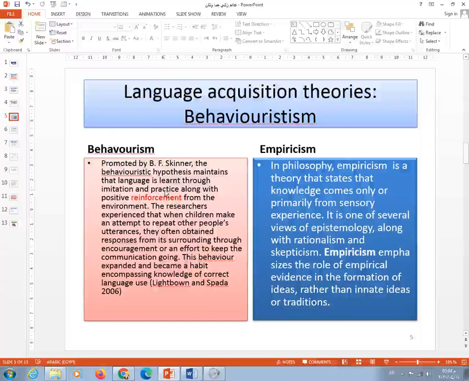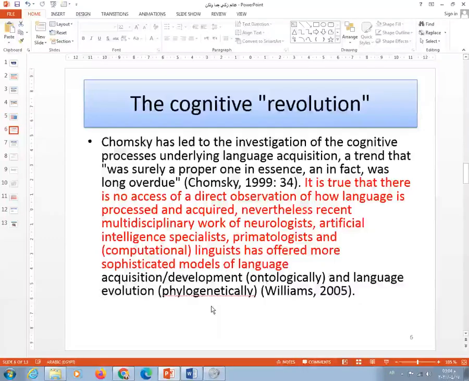This is as far as behaviorism is concerned. We find that behaviorism has also received considerable criticism by nativists, and particularly Chomsky. But let's first see what the cognitive revolution is. Here we find that the cognitive revolution, led by Noam Chomsky, said that